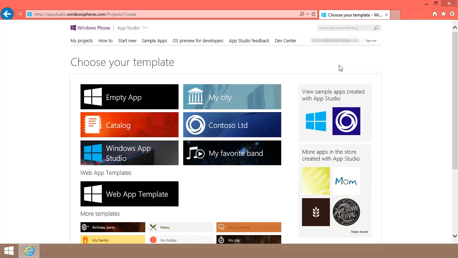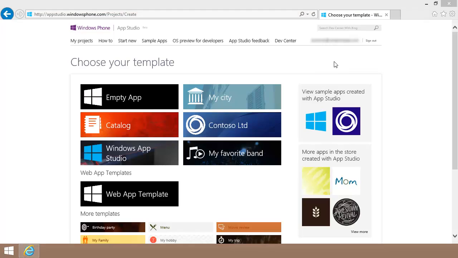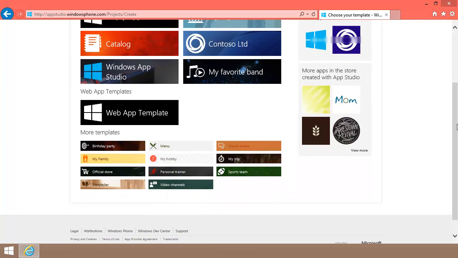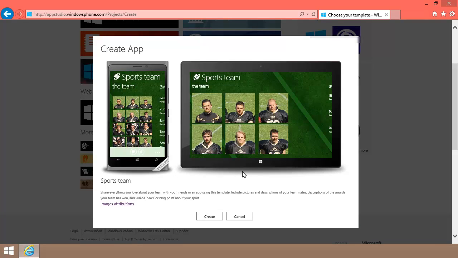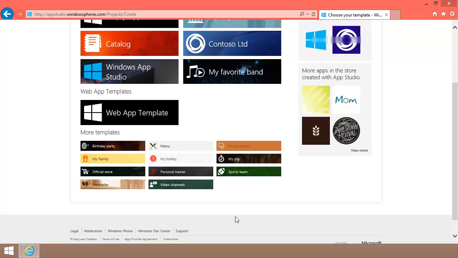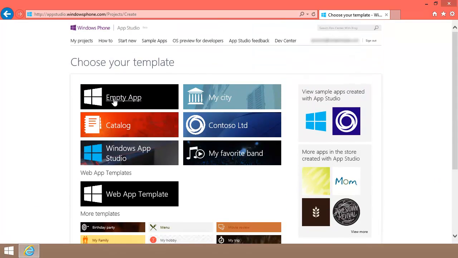Now, I'm on the Choose Your Template screen. I can view all the available templates. I can choose one of the pre-built templates as a starting point for my own app, or create one from scratch. If I click on one of the templates, such as My City, Menu, My Hero, or Sports Team, I can explore the template in this preview simulator to understand what the template contains. For this video, I'm focusing on creating a Windows Phone app and not a Windows app. However, for this video, I'm going to start from scratch, so I'll click on the Empty App template to create